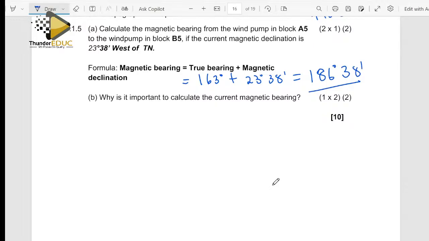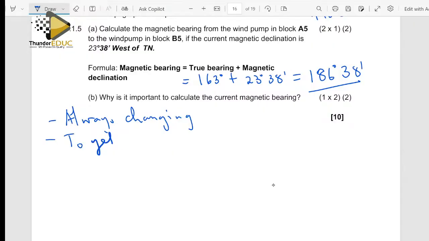Why is it important to calculate the current magnetic bearing? Right, the current magnetic declination is important. Why? Because the angle is always changing. Remember, we have mean annual change. So because of the mean annual change, we always have the angle changing. If we don't accommodate the effect that it's always changing, it will automatically mean that we might fail to get the accurate